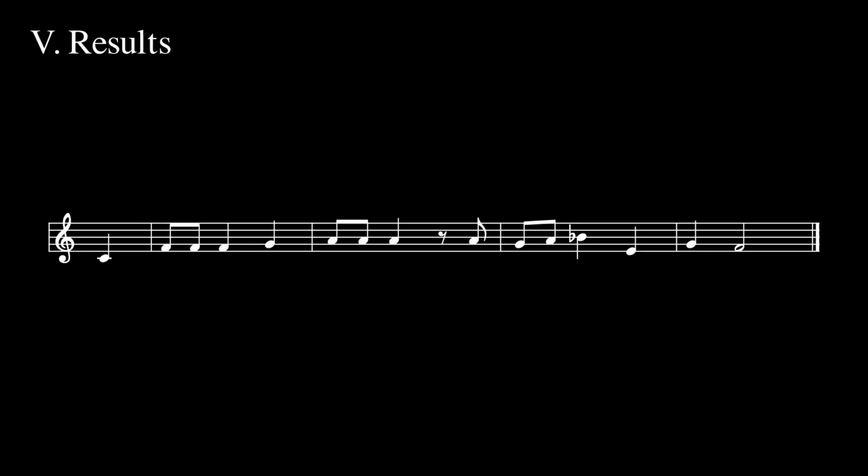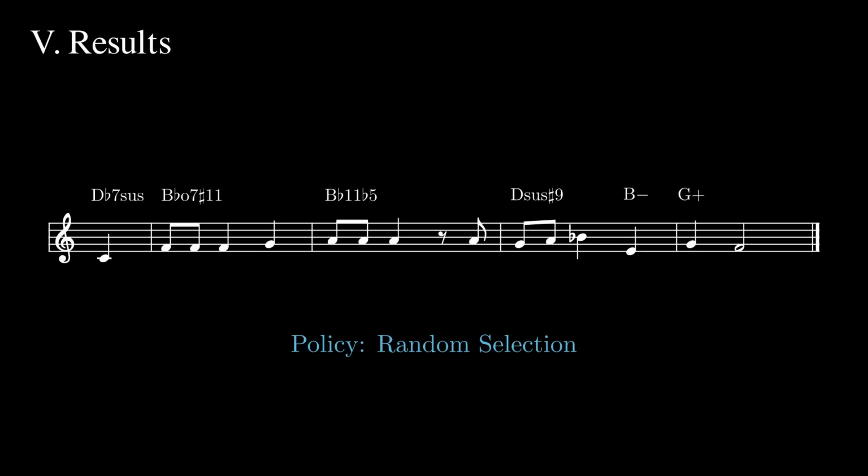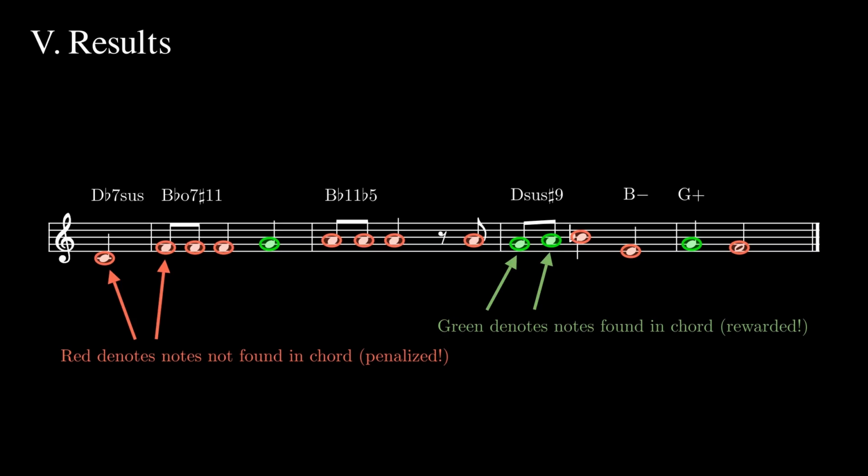We ran O Tannenbaum through our algorithm for 3 spiciness levels, which, along with creating a 3Blue1Brown style video, was our additional 30-hour contribution. But first, as a baseline, we generated an example with random chords. We can see that it doesn't fit the melody well, which it gets penalized for.